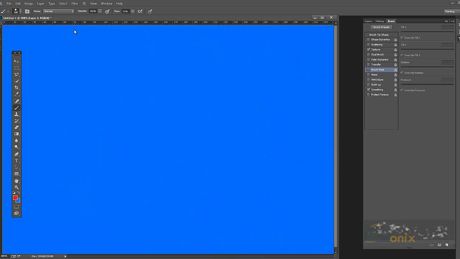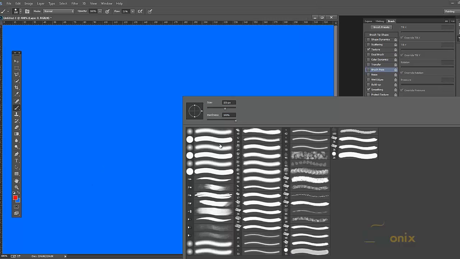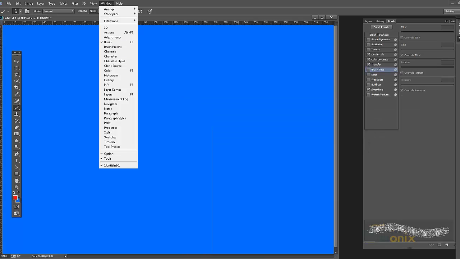So we're going to go more into brushes in the next video, but right now we've gone into all these different brush capabilities, and this is essentially what makes a brush. If I right click and I go to, let's say, this leaf brush, you can see things changing over here. As I cycle through the brushes, you can quickly see, just with having this F5 command, brush open, also located in window under brush, just by having this open,